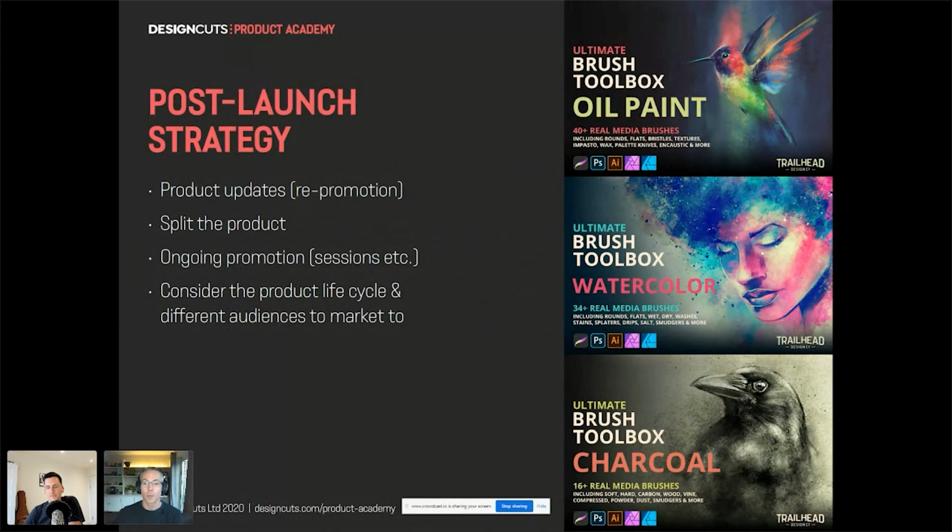The key influencers such as Design Cuts who market the product will then reach out to their community and say, hey guys, this awesome product you all loved, check it out now, it's got this as well. It's for Illustrator all of a sudden, it's got this, it's got that. Really, really powerful. Yeah, it is.